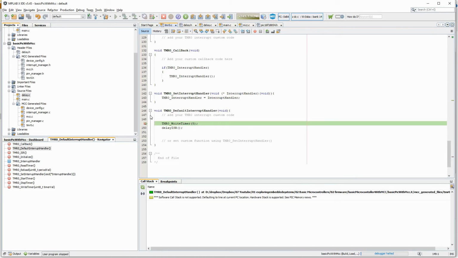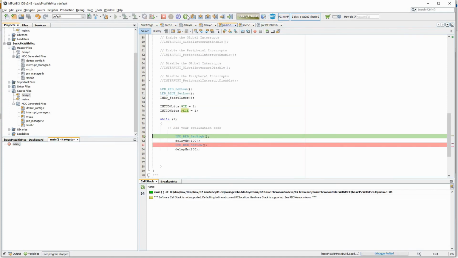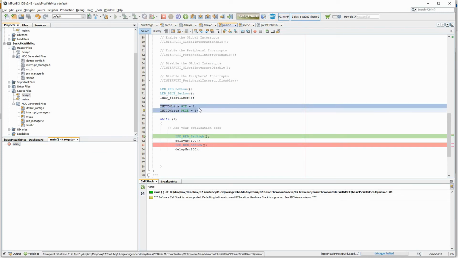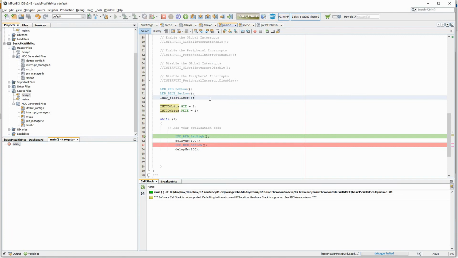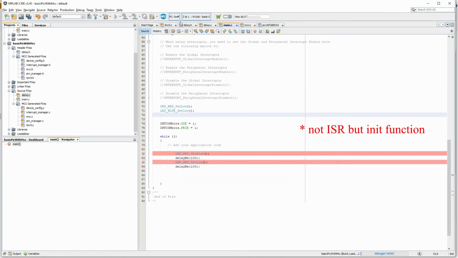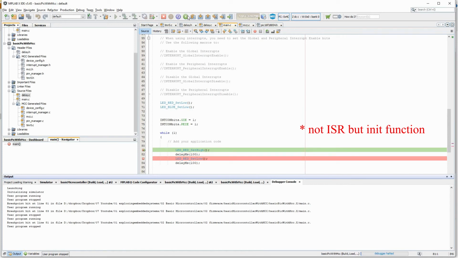See, it is coming to the ISR every 1 millisecond. I cannot show you the timing here because I'm not able to simulate this, but the code seems to work. So we have to enable the global interrupt. Rest of all the interrupt settings associated with the timer have already been done. I think this timer start also is not required. They have started it in the ISR itself. Yeah, the timer 0 has also been set up by the MCC.